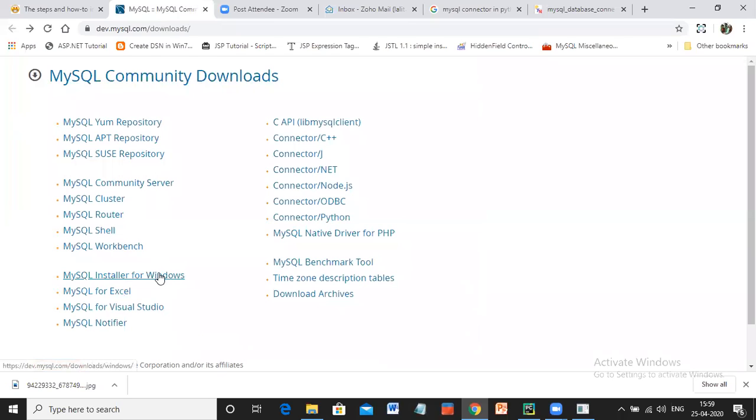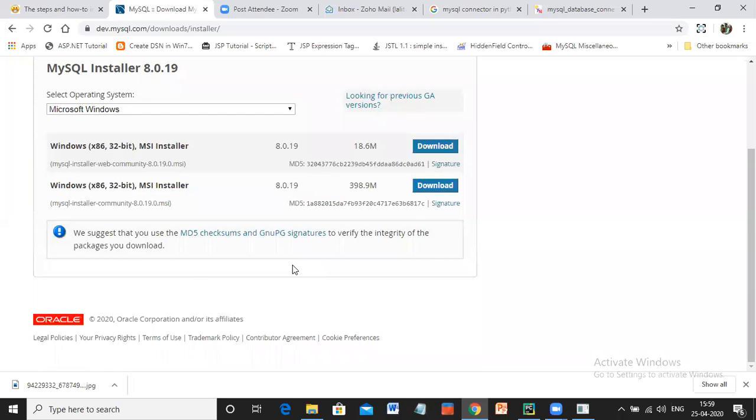The 32-bit will run in that. 64-bit software cannot be installed on 32-bit, but 32-bit can be installed on 64-bit. But should we install 32 or 64? You can do either, not a problem.